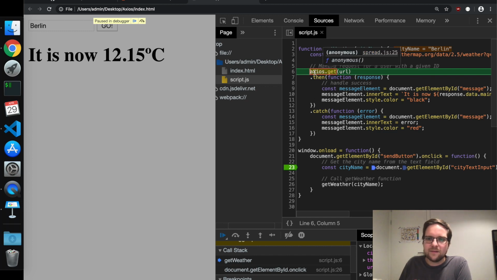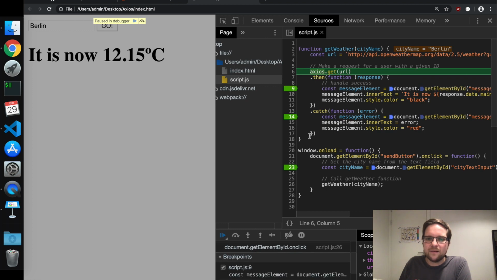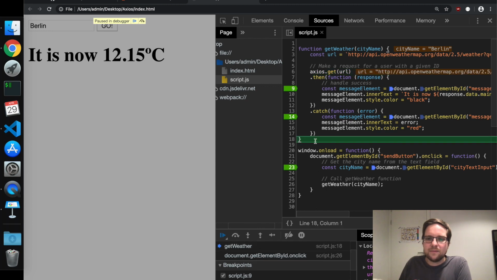So this is a method called get on Axios. And once I click on next, look what happens. Before that, I'll add a breakpoint here and here. So what happens now when I go step, it will go here. It will exit the function. And why is that? It's because